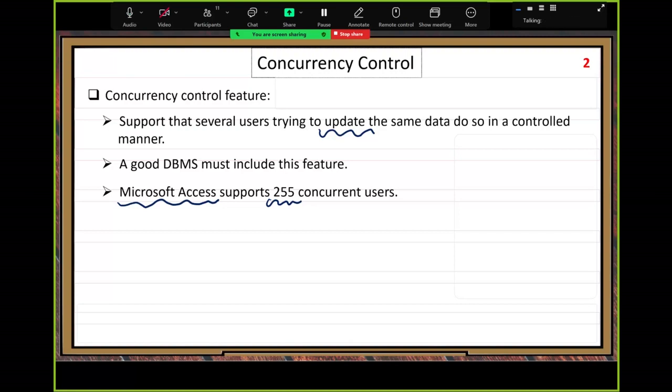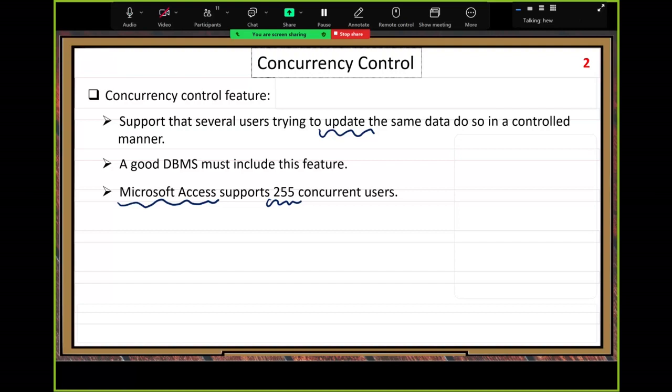Usually for any web application, multiple users need to access the data concurrently. That's the typical way people access web applications. But with the older version, I'm talking about 10-something years ago,